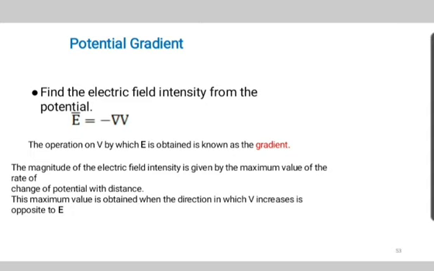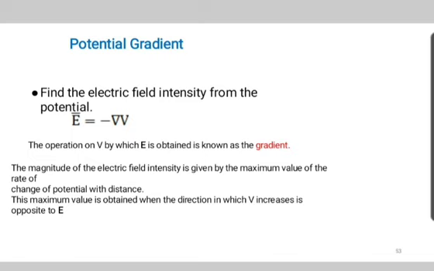And if unit positive charge is moving from point B to point A, then the potential difference is denoted by VAB, which is equal to VA minus VB. So VA is absolute potential at point A, and VB is absolute potential at point B.